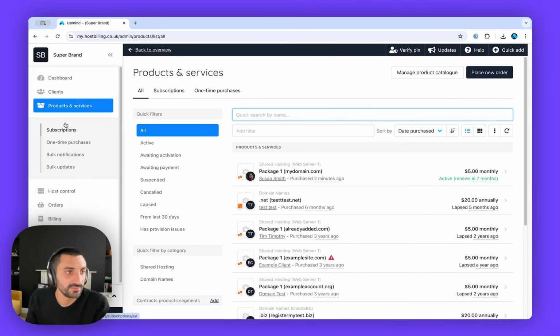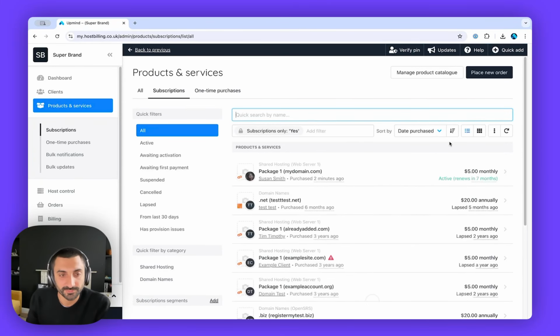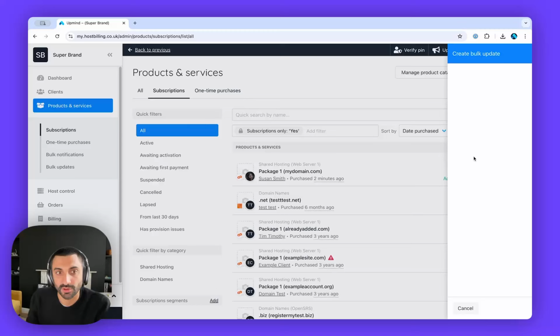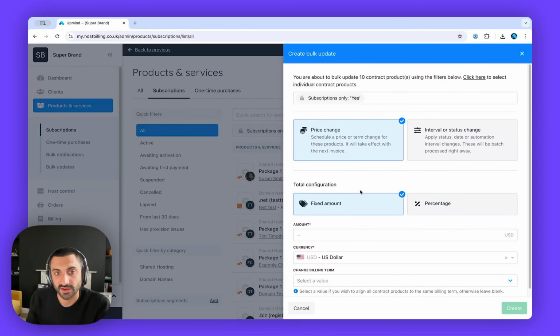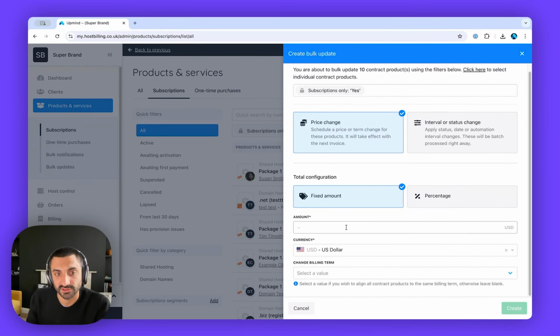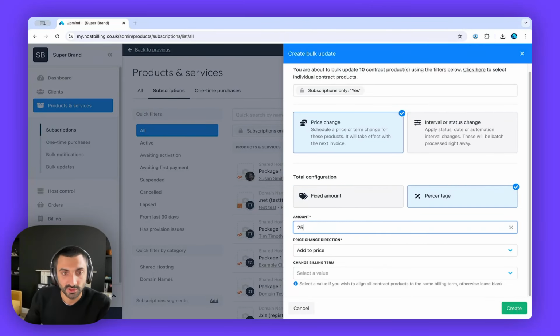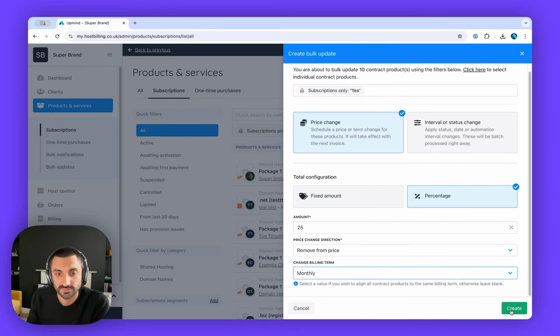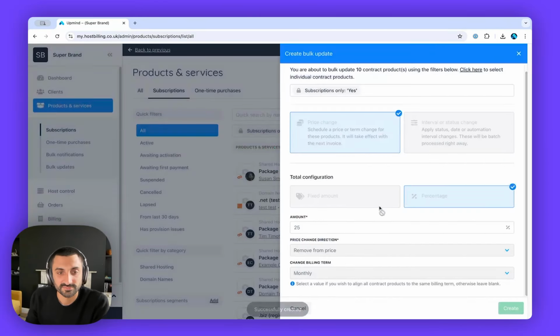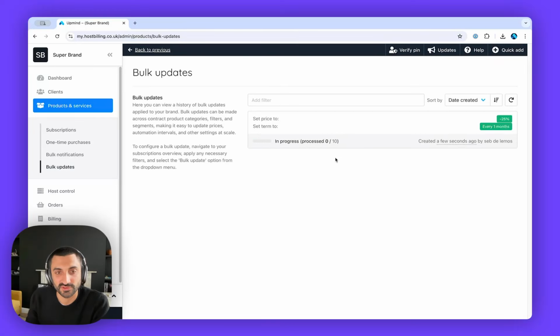So here you can see this is my list of subscriptions, and here I could bulk update them. And here I can then say I want these prices to change. So I could, for example, do a percentage increase or percentage decrease. I want to change the price 25% off monthly. So let's see what the impact is there. That's now running